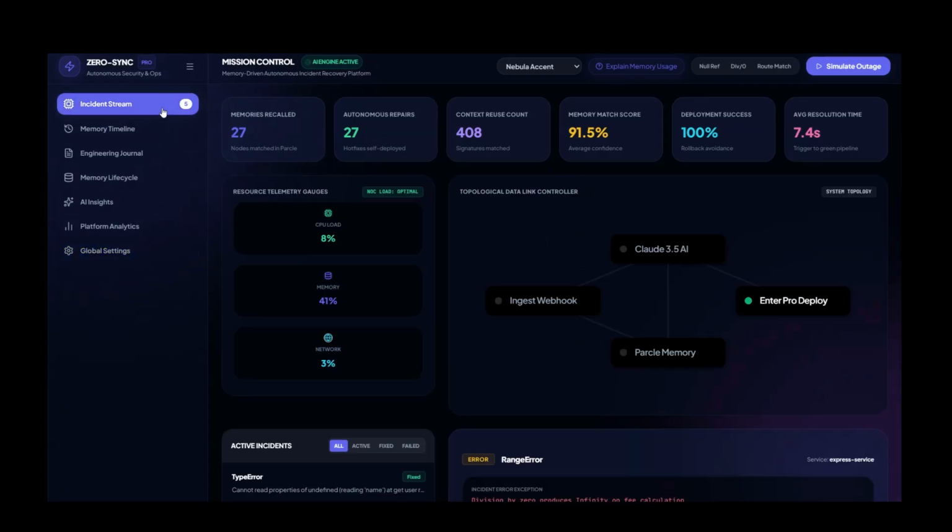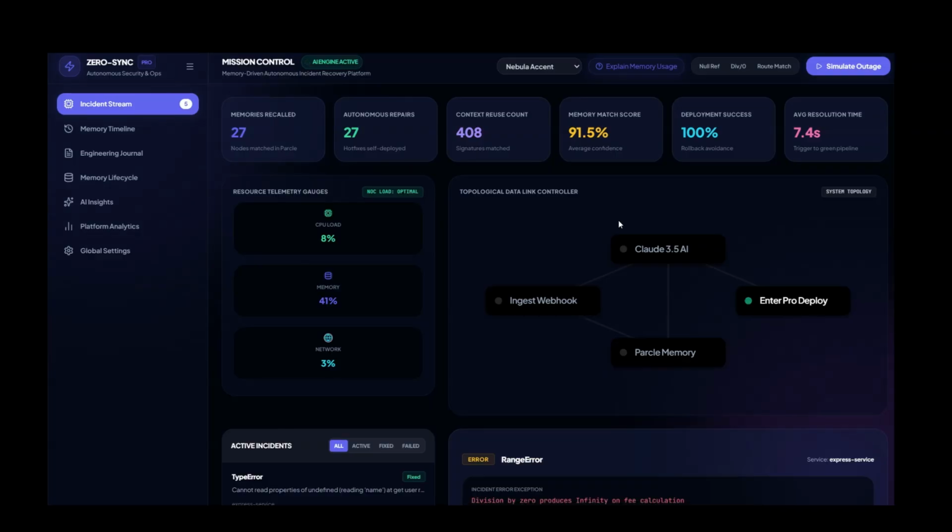The dashboard also includes theme presets. Users can switch between Nebula, Matrix, Cyberpunk, and Crimson Edge. This does not change the debugging logic, but it improves the presentation experience and lets the dashboard adapt visually for demos or different user preferences.